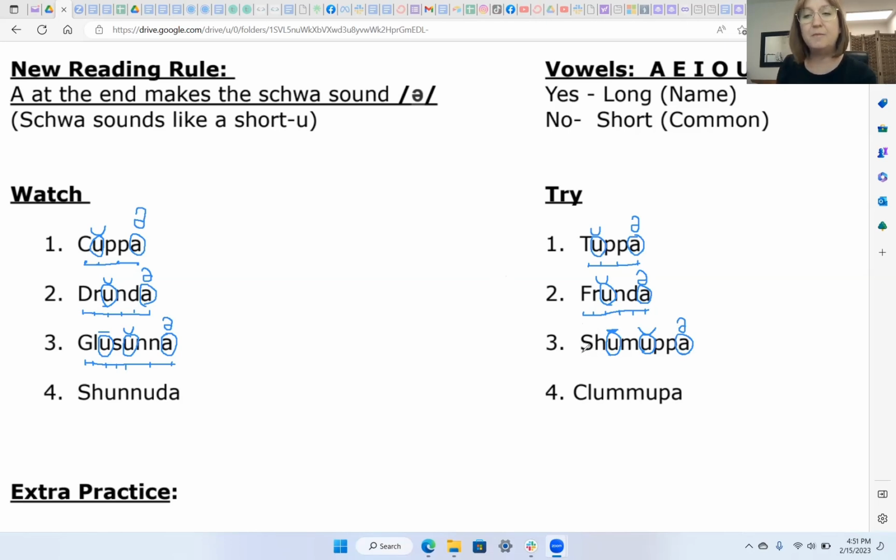If I pencil read this word, these 2 letters are called a digraph, so it's going to make one sound. So it's sh, oo, because I'm tapping 2 and there's another vowel there, 1 or 2 doors down, so that means that U is going to make a long sound, oo. And here's a double consonant. 2 consonants after a vowel means the vowel makes a short sound, and then A's at the end say uh. So pencil reading it, it's sh, oo,